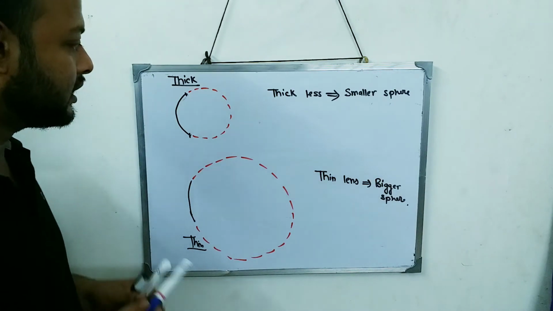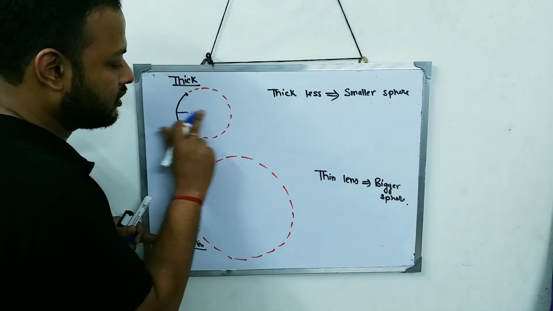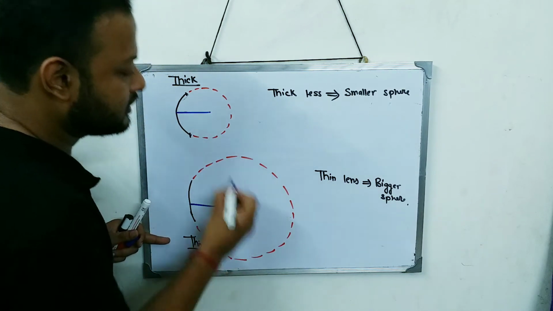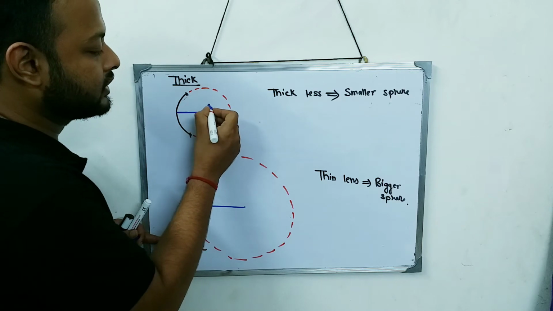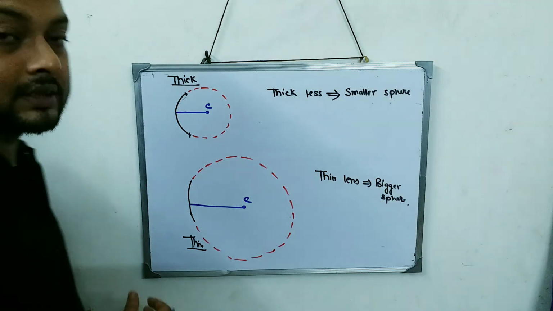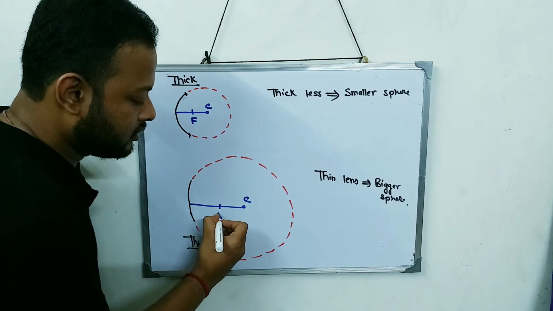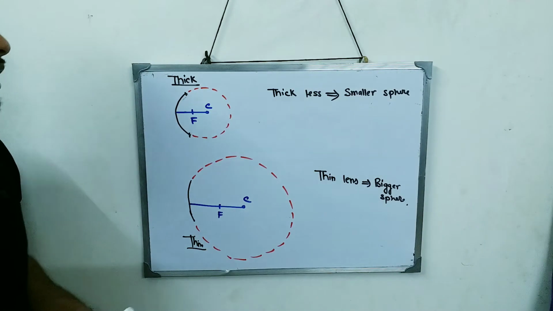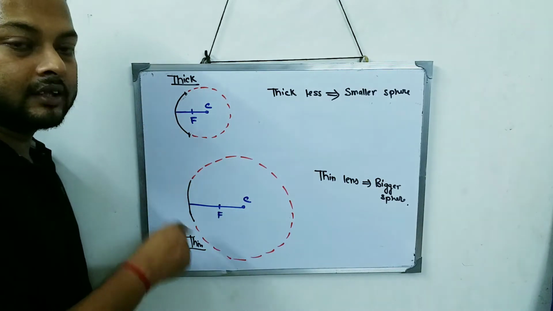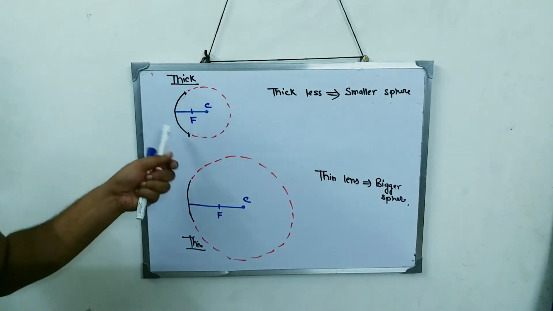Radius of curvature, if I talk about the principal axis, it lies like this. And over the principal axis lies like this. So this is my center of curvature. And this is my center of curvature. Clear? Where is the focus? Somewhere over the middle. Now you can see the entire thing, a thicker lens and a thinner lens. Who has a larger focus, a thicker lens or a thinner lens?